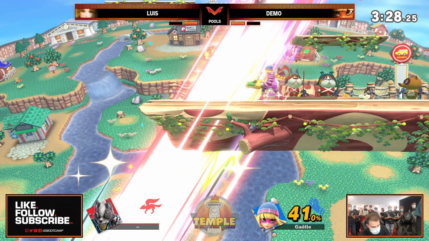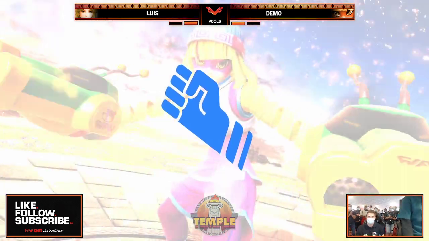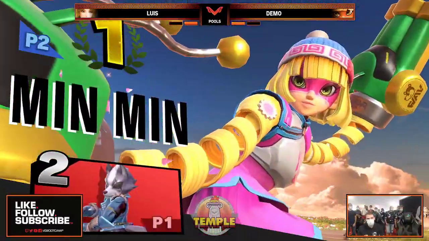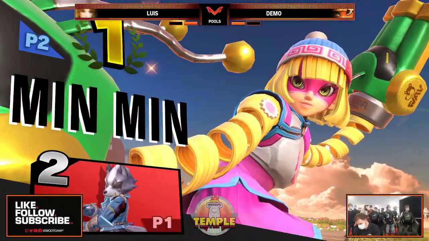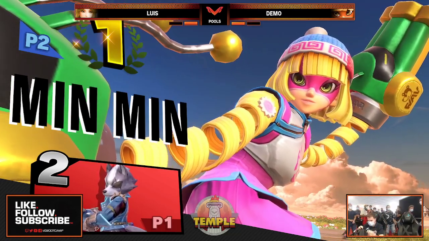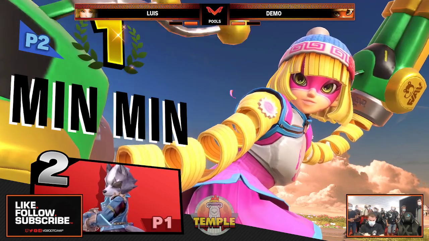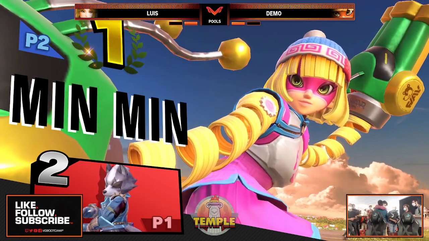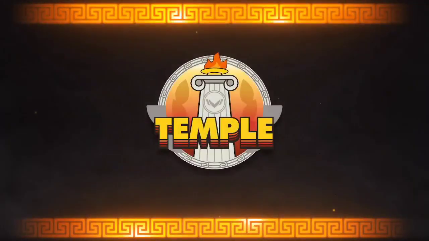That's another mistake by the Luxembourgese player, just falling off the stage and letting Demo get back into the game with that grab. What a great performance by the Min player. Yeah, just sticking to the character and getting it done, win over Luis. We have an upset here. It was a great performance by both players, but sometimes a small mistake can cost you an entire game or an entire set. And there were 2 small mistakes by